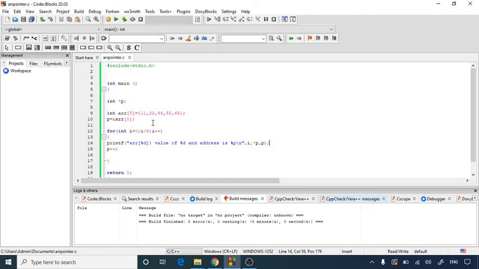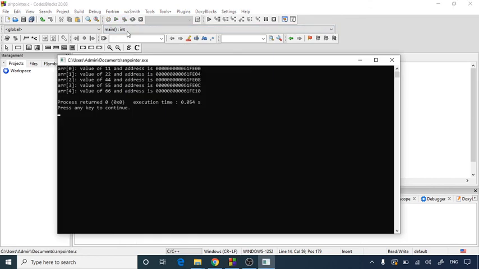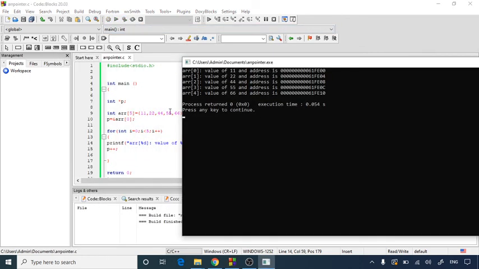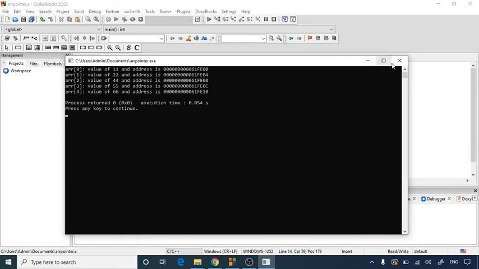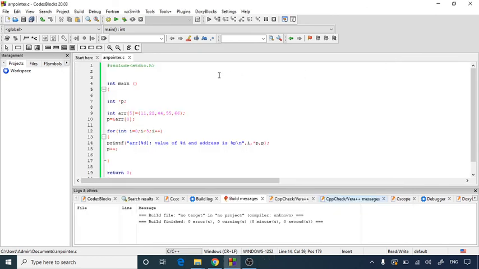You can get that address by using a pointer, and then we can print it. Let's build and run it again. As you can see, for each and every array element we have got the address line here. This way you can also print the address of array elements by using pointers.